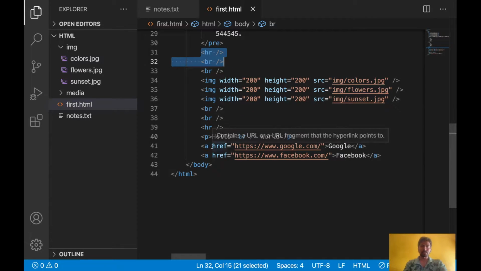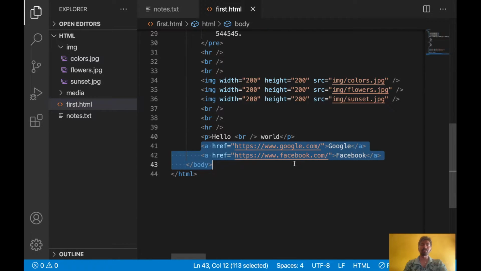And what else? The break element you can use inside, in between the content also. Let's say after hello I want to break the content into the next line, then we can use this break in between the words. Hyperlinks we can use for navigating from one place to another page. From here we can navigate to Google. From here, if we click on Facebook, it will navigate to that. That is the summary of part 1.